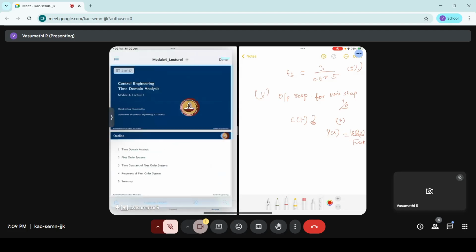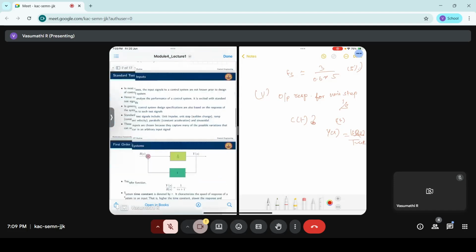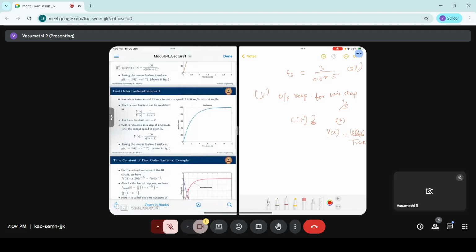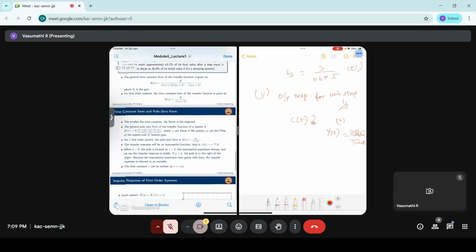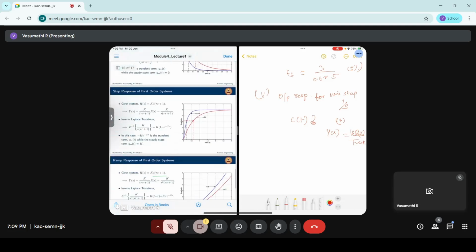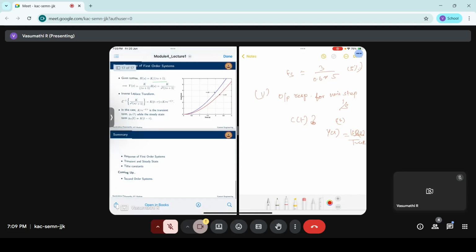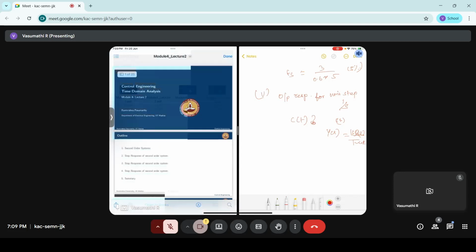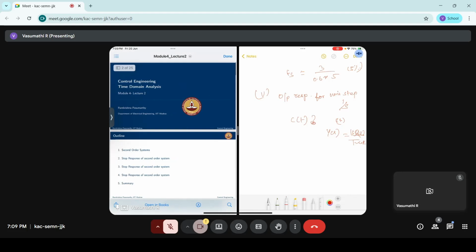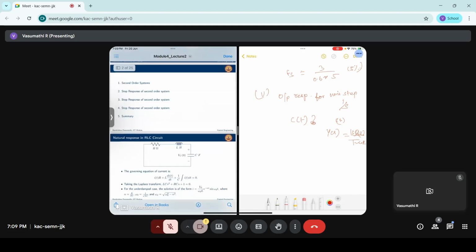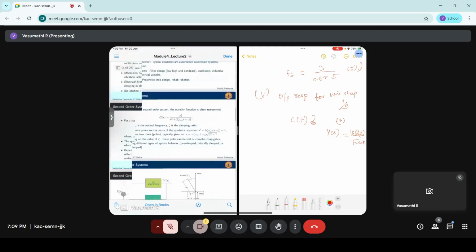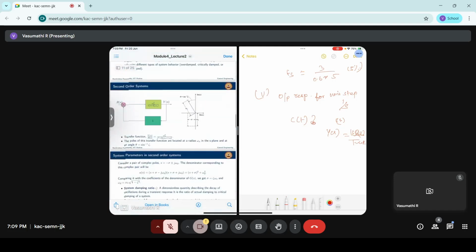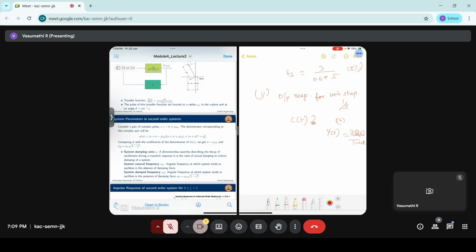Give me a minute. I think it is not mentioned here. It might be taken from the book. Just you can follow this. This is a second order system for step response, right? You can either use this equation, which will